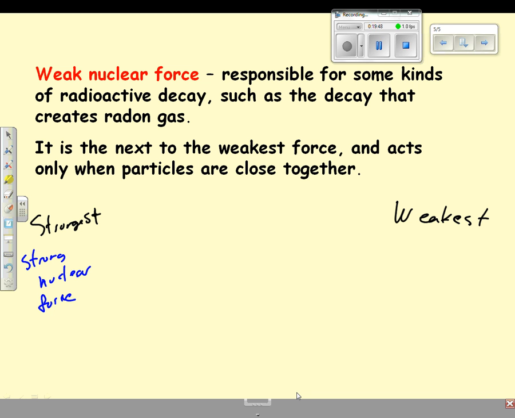It's the strongest one. Now, I haven't told you which is the weakest, but I did tell you which one was the second weakest. So that's this one right here, and I'm going to put weak nuclear force right there. Which two are left? Gravity and